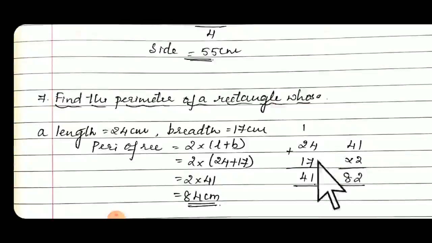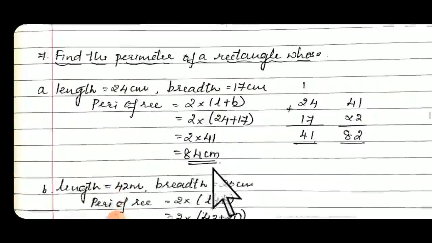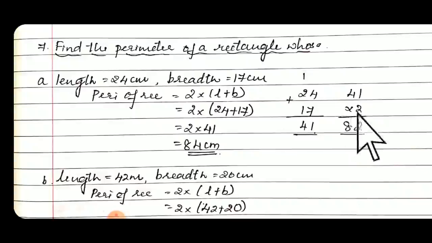See, 24 plus 17 will be 41. 2 into 41, it will be 82. Sorry, it should be